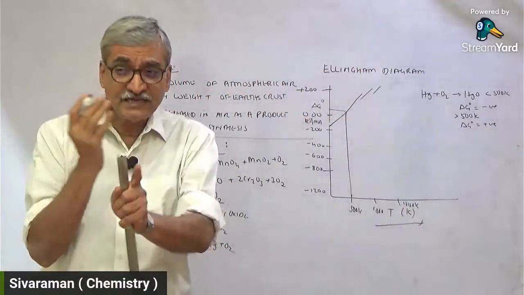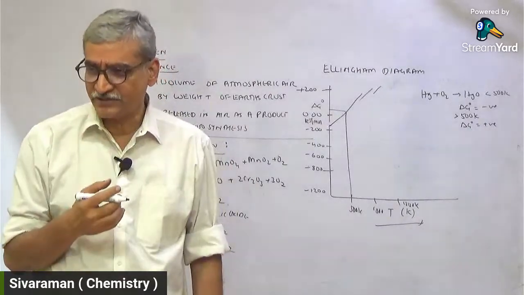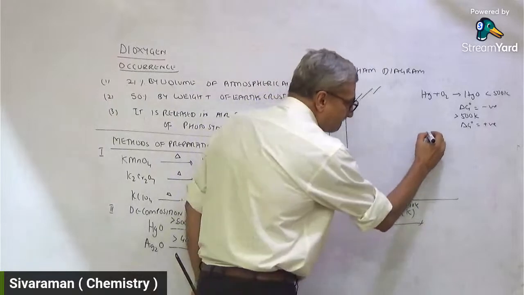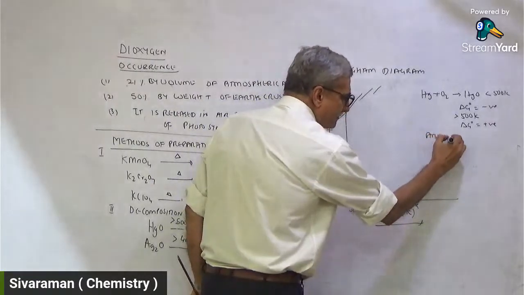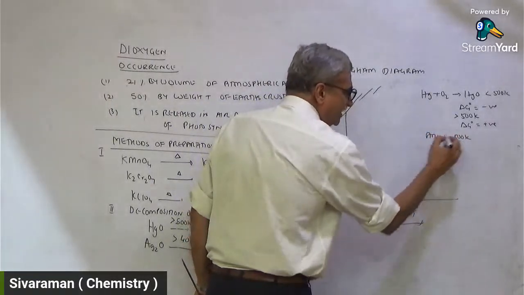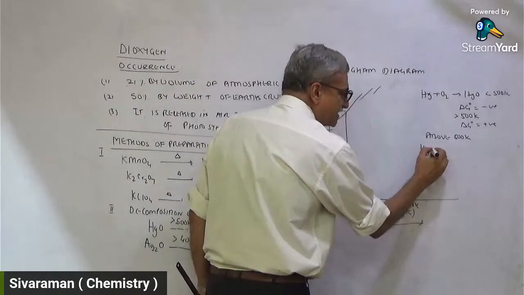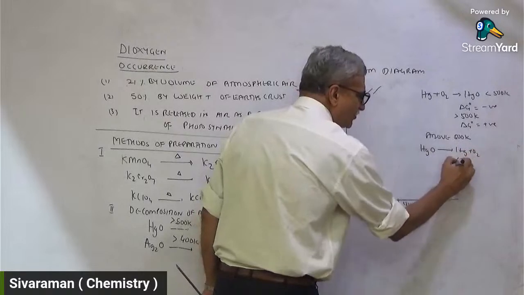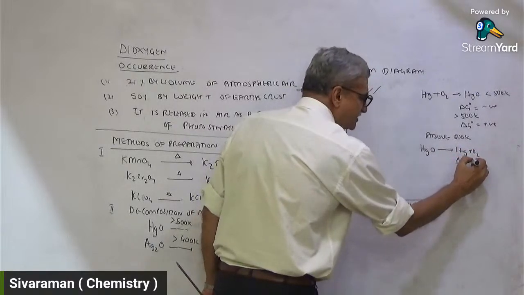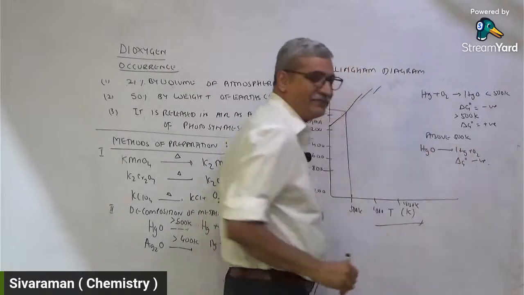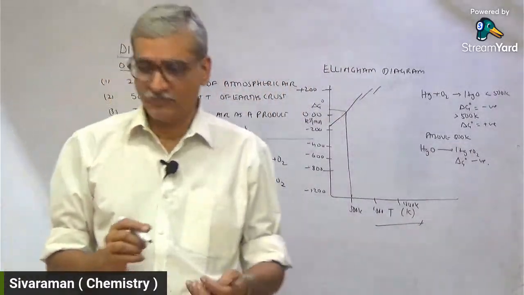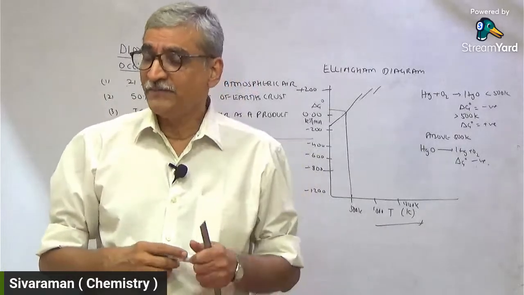But imagine the reverse of the reaction, Laplace-Lavoisier law. Above 500 Kelvin, the reverse reaction, HgO forming Hg plus O2, has a negative standard free energy change. So that becomes spontaneous. So if you want to form HgO, mercuric oxide, you have to keep a temperature around